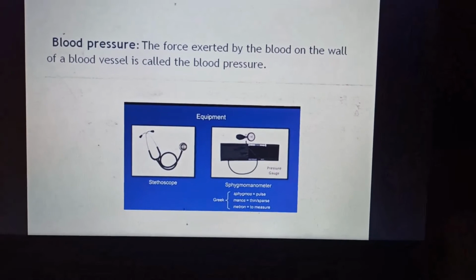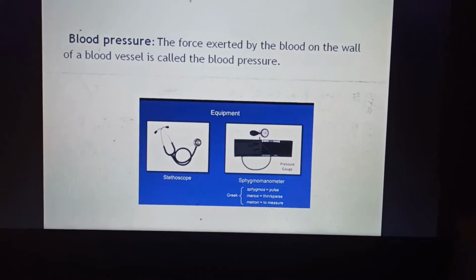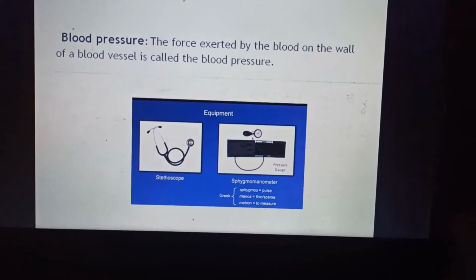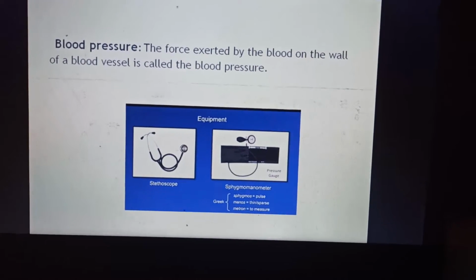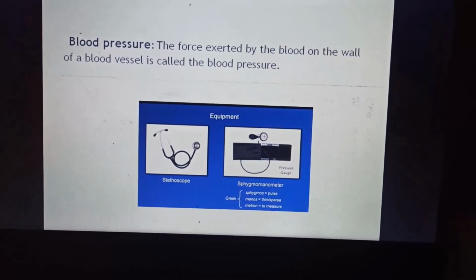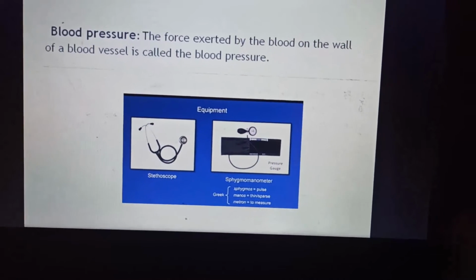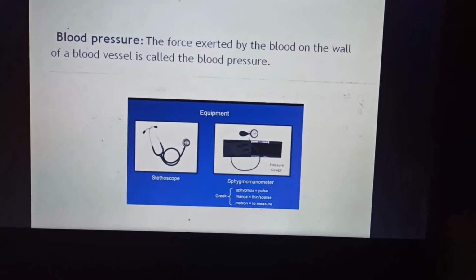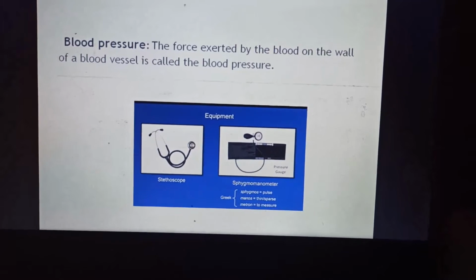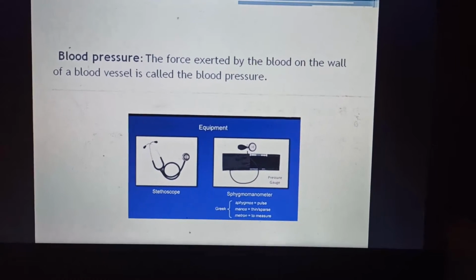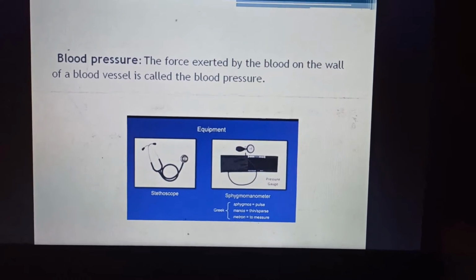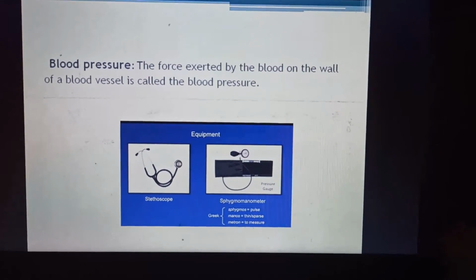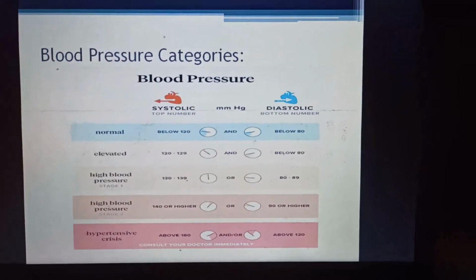Blood pressure is measured by an instrument called a sphygmomanometer. The pressure is always greater in the arteries than in the veins. As you all know, arteries carry the oxygenated blood and veins carry the deoxygenated blood. The pressure in the artery during the ventricular contraction is called the systolic blood pressure, and the pressure in the artery during the ventricular relaxation is called the diastolic blood pressure. The normal systolic pressure is 120 mm of mercury and the diastolic pressure is 80 mm of mercury. High blood pressure is also called hypertension and low blood pressure is known as hypotension.